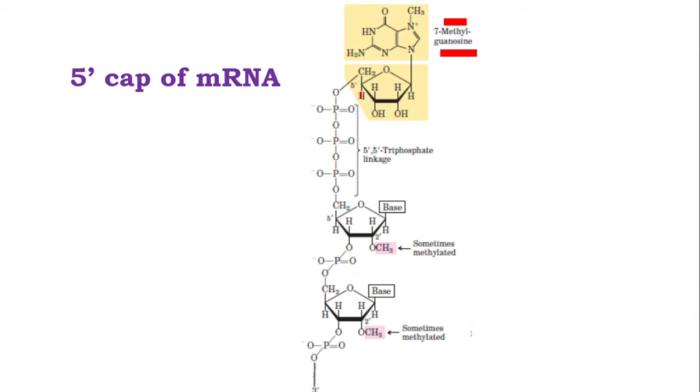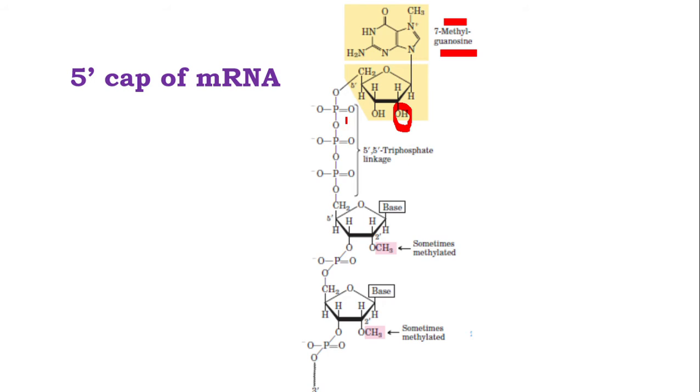Now which is the free end of this nucleotide? It is the 3'OH. Only the 3'OH is free, while the 5' CH2OH of this sugar is bonded to the 5' phosphate of the existing RNA. So the free 5' end is no longer free. That is how the 5' cap of the mRNA protects the RNA.